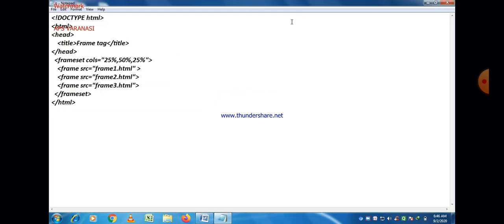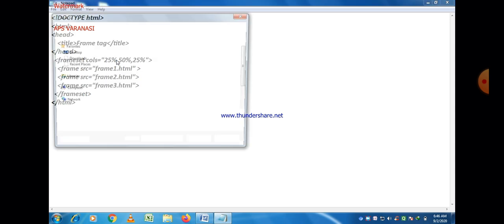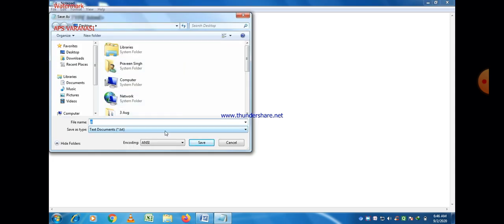Now I want to execute this program, so just go to the save as option, give the file name again. Now this type of file is HTML, so go to all files, p.html must be there, and then save.